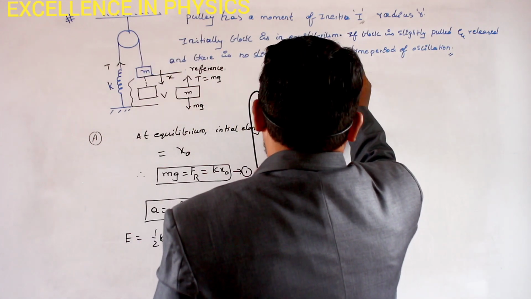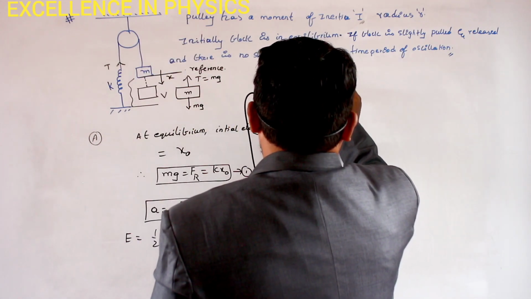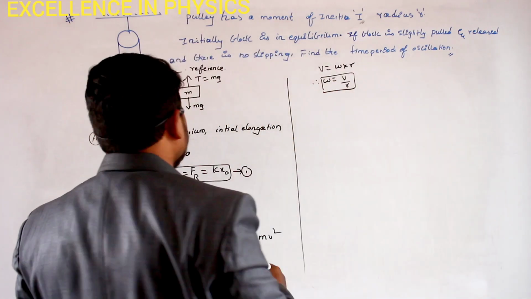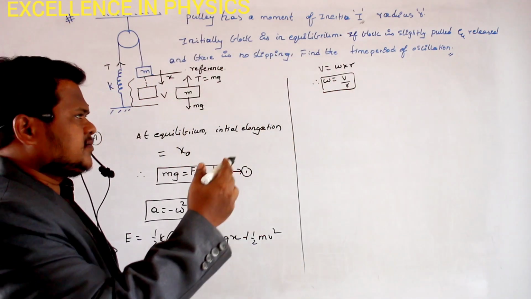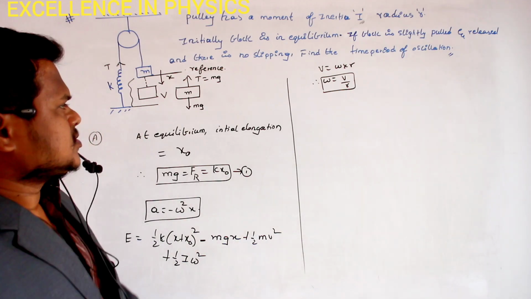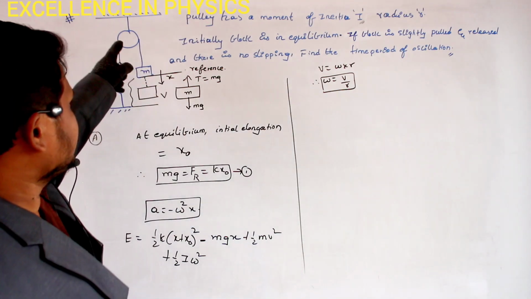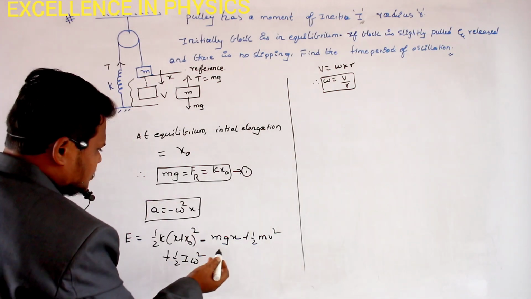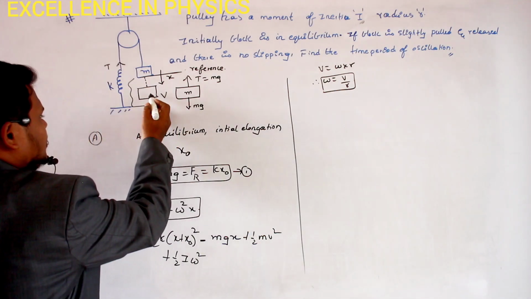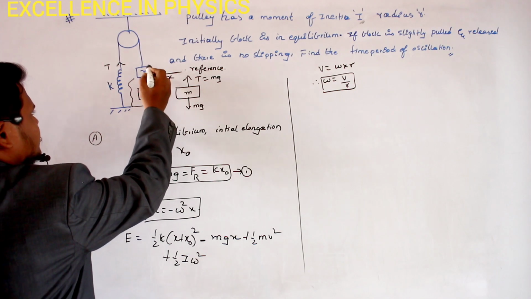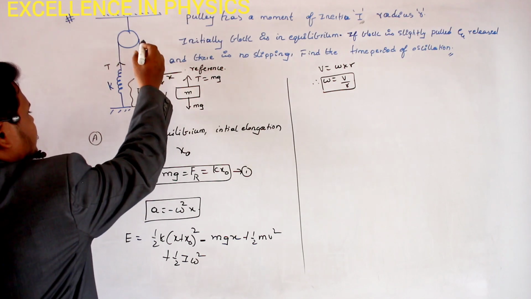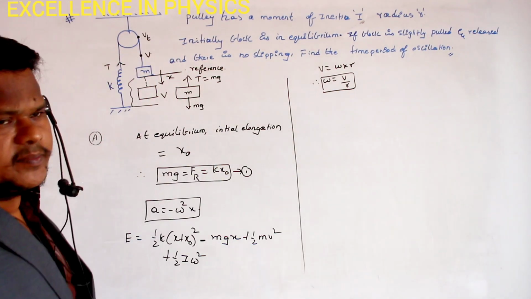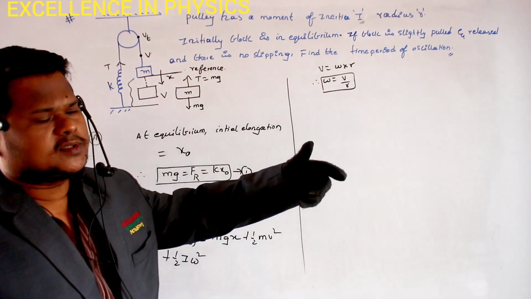Now here I have half I omega square, and we know that v can be written as omega into R. So omega is equal to v divided by R. By constraint relations, already we have studied these types of equations in rotational motion. What is meant by v here? v is the tangential velocity of this pulley. And this v is the velocity of the block. So if the velocity of the block is v, the velocity of the rope is also v. Similarly, the tangential velocity is also v only. So here v and v_t are both equal.